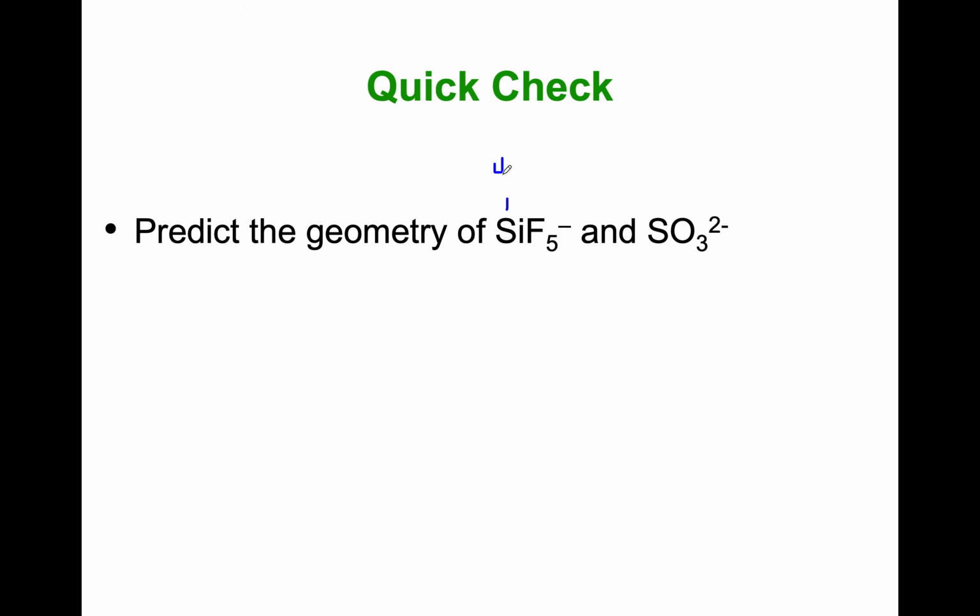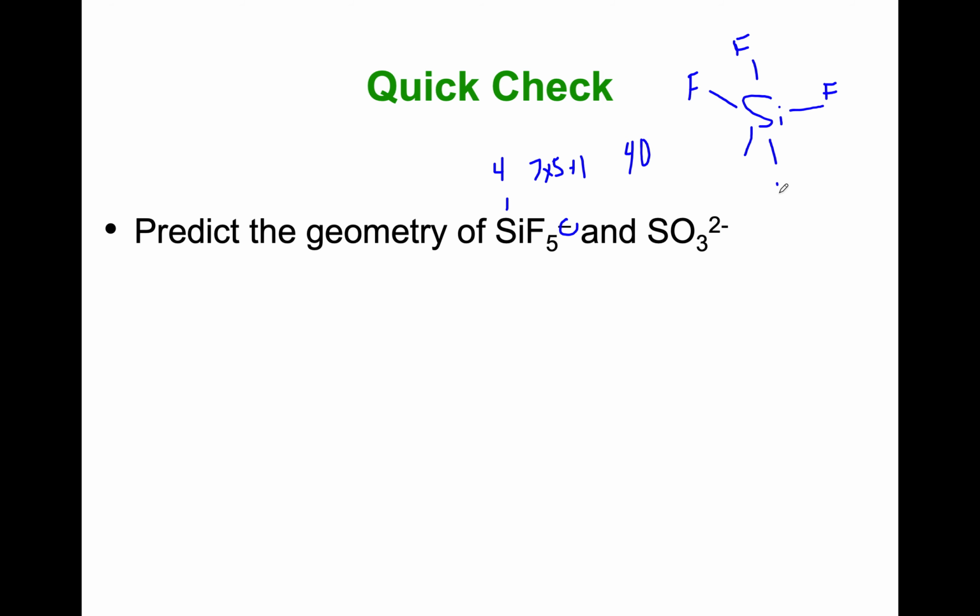So if we review, that's 4 valence electrons for silicon, 7 times 5 for fluorine. We've got a charge, so that's +1. So we've got 40 valence electrons here. So now you can see definitely different Lewis structures than CHEM152. Maybe you did this in CHEM152. My classes would not, but this is expanded octet,